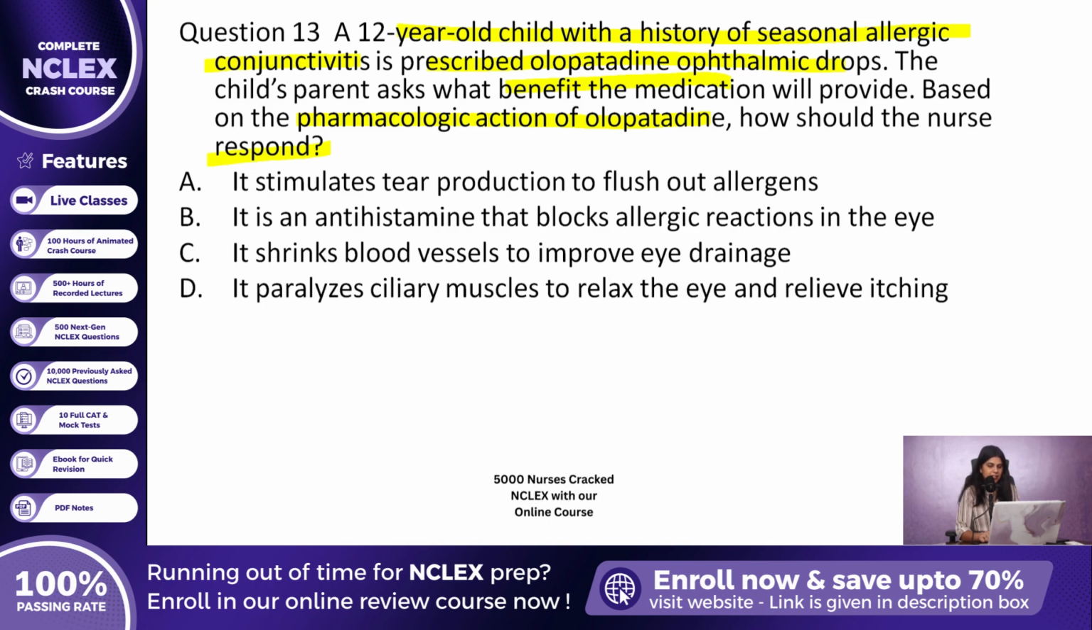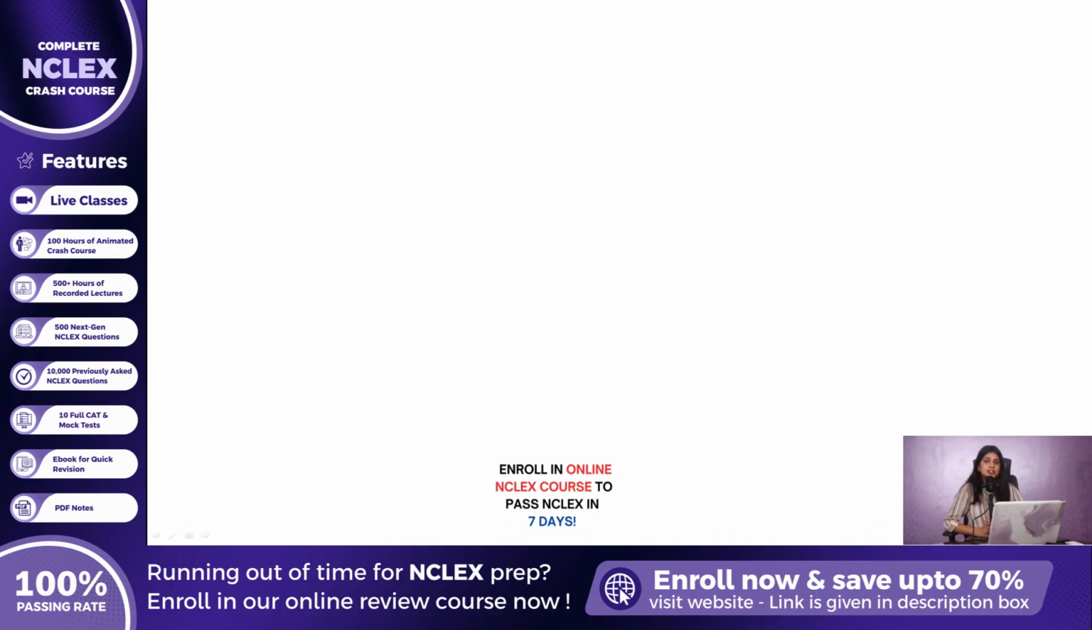Option D, it paralyzes ciliary muscles to relax the eye and relieve itching. The correct answer is option B, it is an antihistamine that blocks allergic reactions in the eye. Now here is why this answer is not only correct, but essential knowledge for both NCLEX success and safe patient